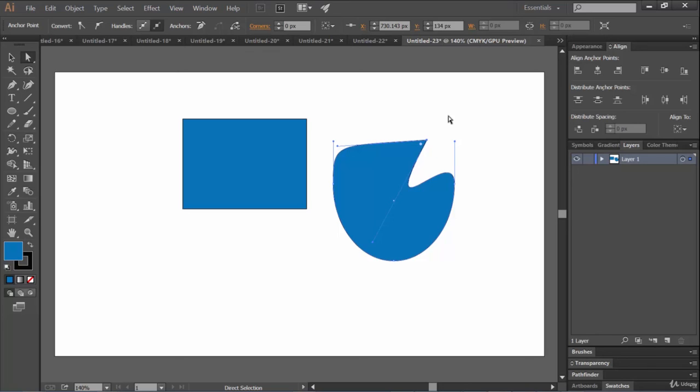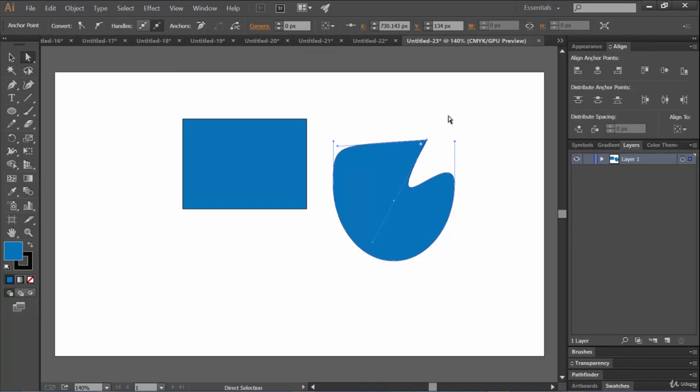Once you get familiar with these two things, then Illustrator is in your hand. You can design awesome designs just by clicking. Yes, by clicking only. Without clicking, nothing will get drawn on this document.